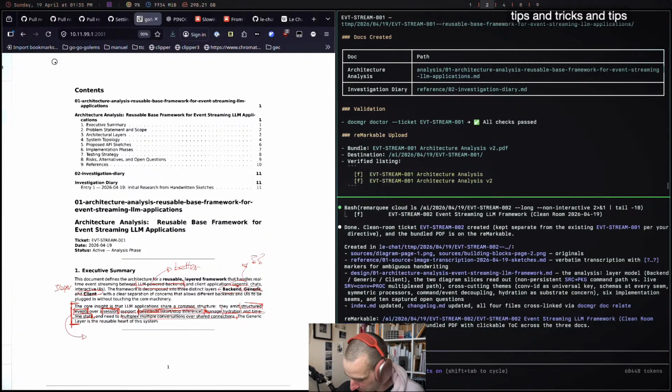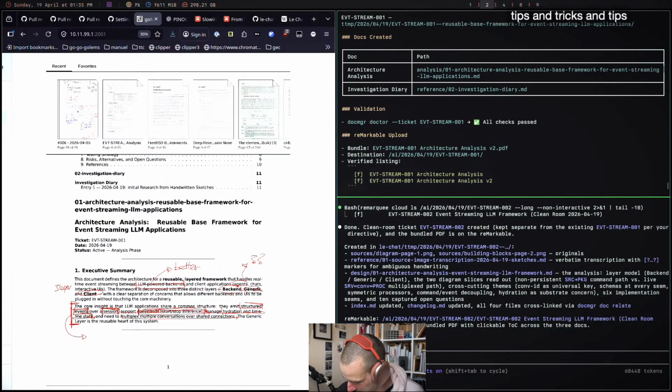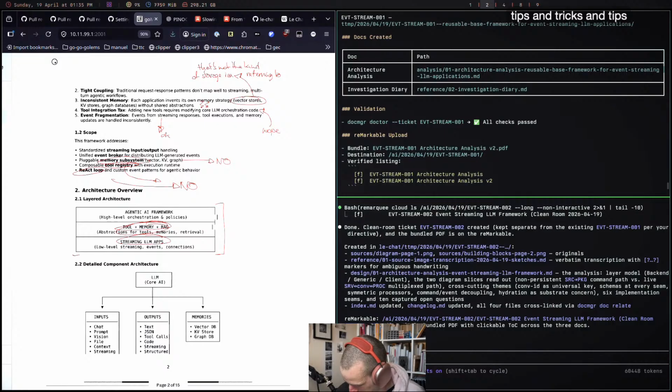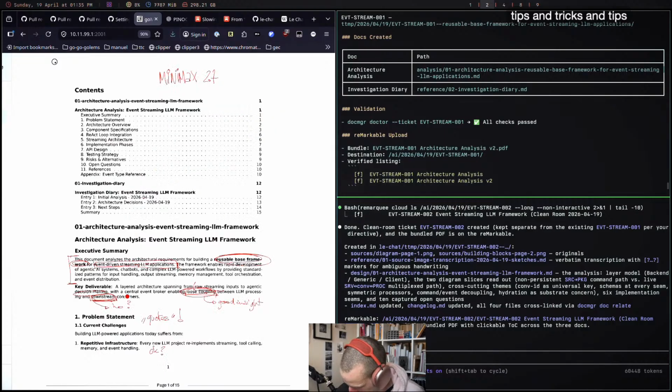And if you compare it to the previous document that we had, this one is completely generic and actually doesn't mean very much. If we go back to the executive summary: a layered architecture spanning from raw streaming to agentic decision-making, which I never mentioned anywhere, with a central event broker enabling loose coupling. All of these were basically things I had already spotted. I'm not using loose coupling as a word and I'm not using downstream. Those are not words that I use.